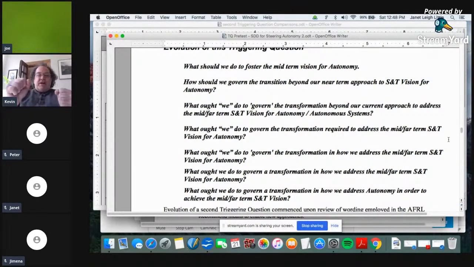How should we govern the transition from our near-term approach to the S&T vision for autonomy, the science and technology vision? What ought we do to govern? We're using the word we because the people that work on autonomy don't work as a we. They work in